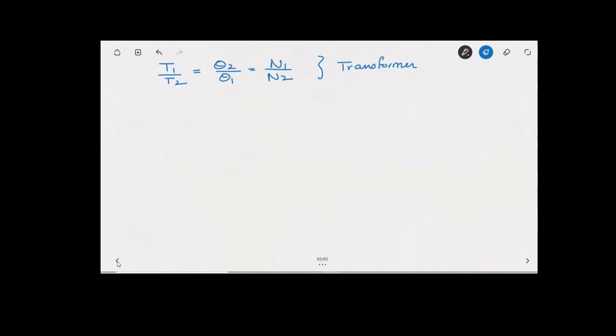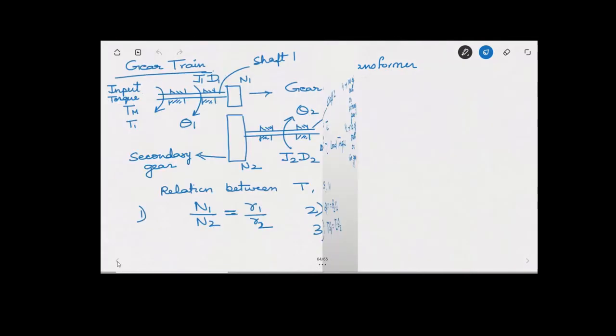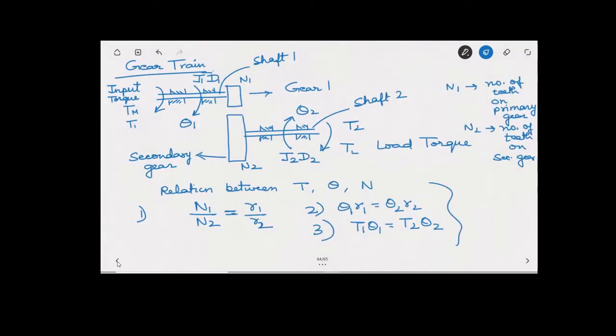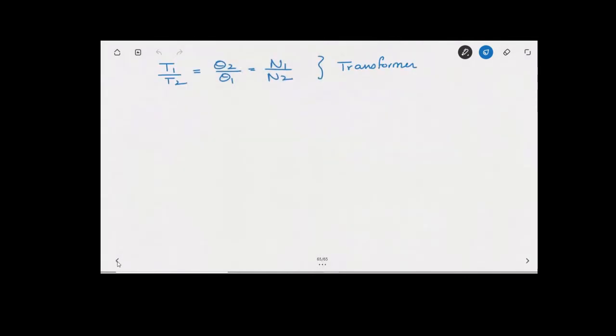So now the objective is to get the model of the system. Once the linear relation between the gear train variables is defined, the equation of the mechanical system with the gear train can be written as before. Just as we write the equation of an electrical circuit, we have written these principles on which the gears work, and we have got this equation. Another is the torque equation, which is due to the mechanical circuit.